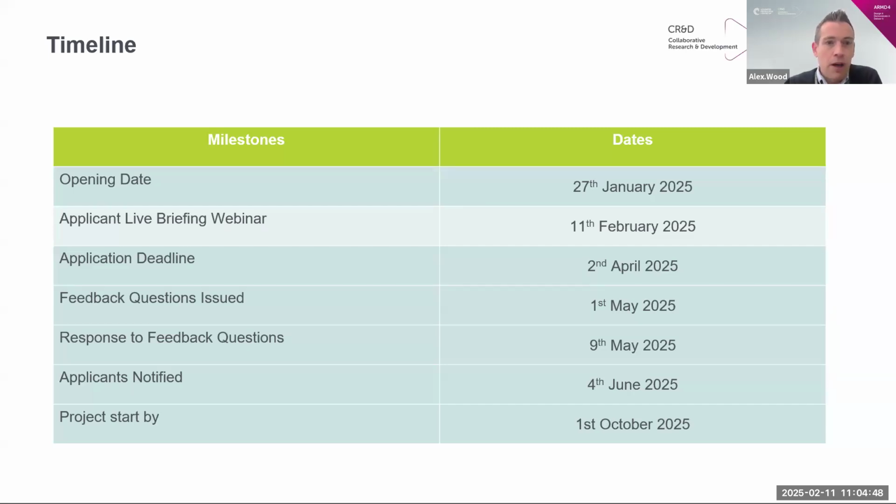So now just on to some of the timings. Hopefully, those who've been on IFS already, this is not new news to you all, but as you can see, the ARMD4 competition has a very compact and deliberately fast pace towards the awards process. So here I'd just like to touch on one key element, which is worth mentioning, the part 2 of the